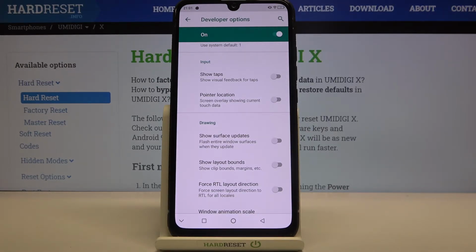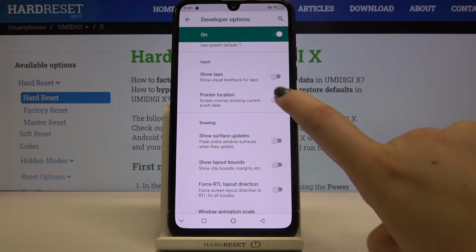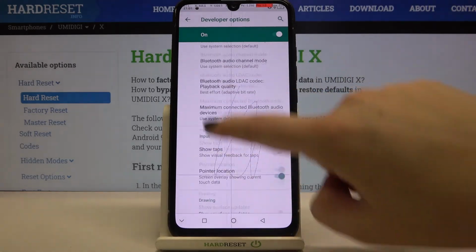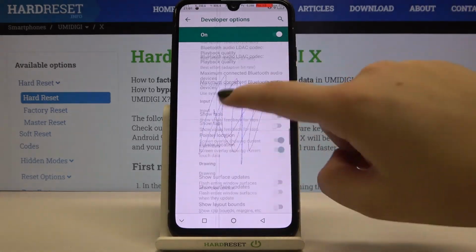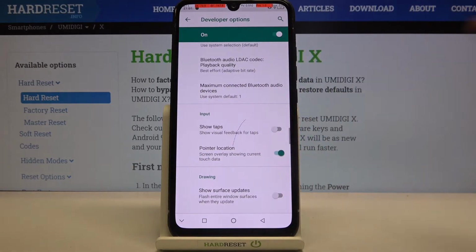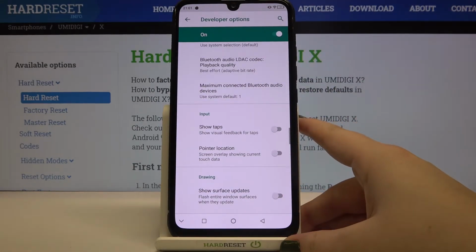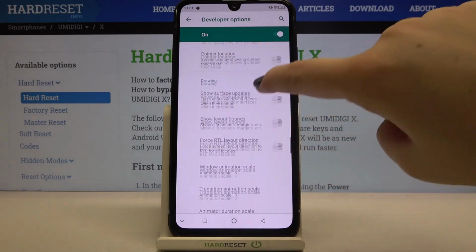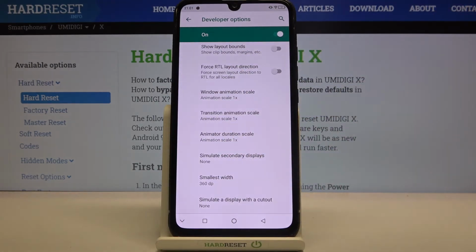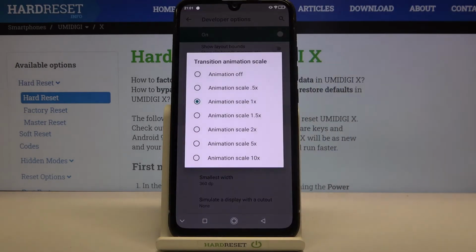Obviously, if you'd like to turn something on, just tap on the switcher, and I hope that you can see it. As you can see, it is immediately activated and applied. Of course, you can turn it off just by tapping on this switcher again. I know that you can see an option without a switcher, for example, like here in the transition animation scale, but no worries, all you have to do is simply tap on it, and here you've got much more advanced